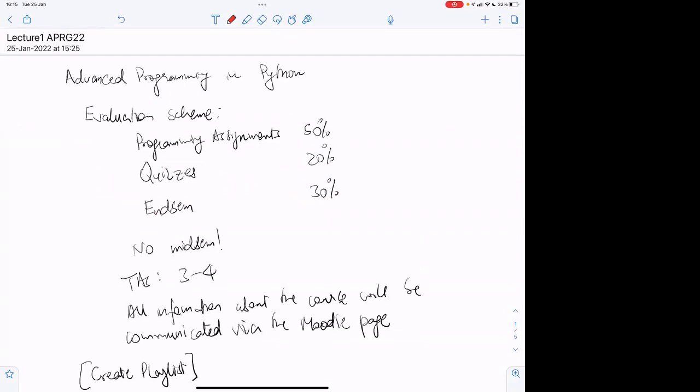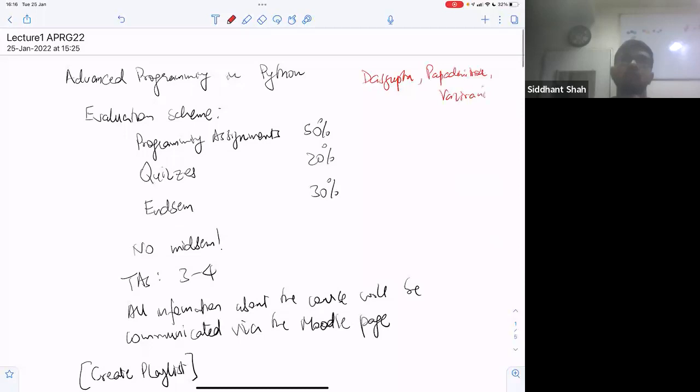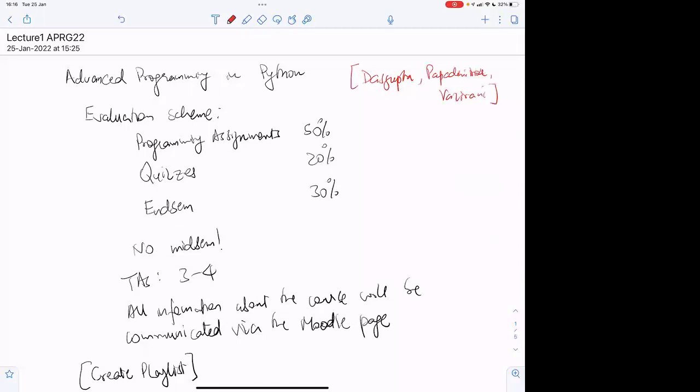But if you want to refer to a book for something, then this book by Dasgupta, Papadimitriou, and Vazirani is a good reference. But there is no formal textbook. More questions?